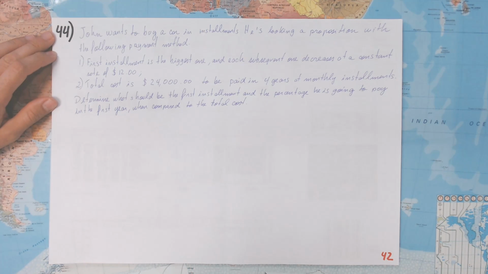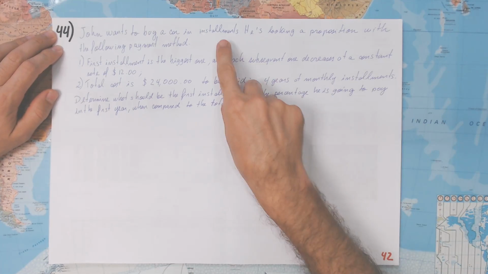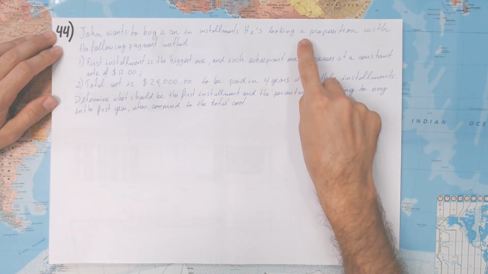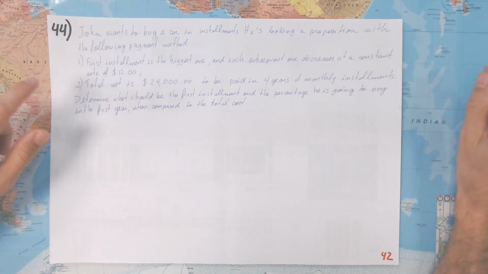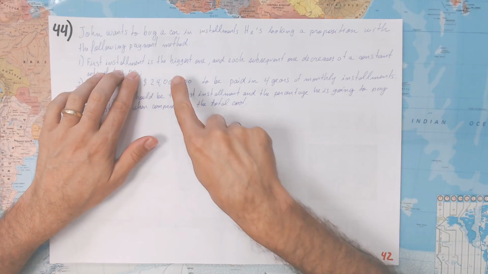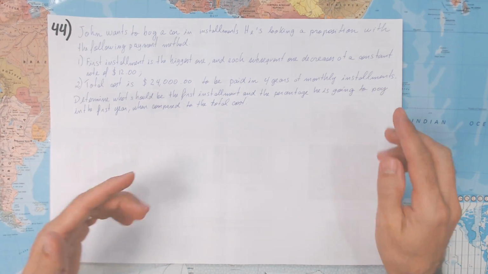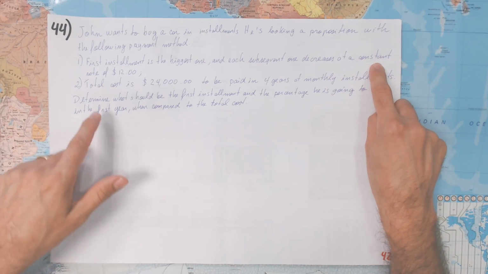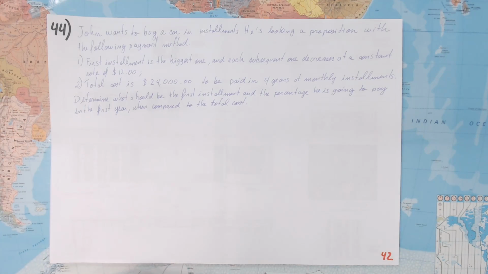Hi, hello. Now let's see this exercise, which I think is very interesting. 44. John wants to buy a car in installments. He's looking for a proposition with the following payment methods. Let's see. The first installment is the biggest one, and each subsequent installment decreases at a constant rate of $12. And this is very interesting because